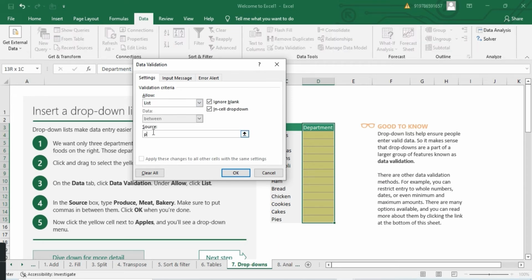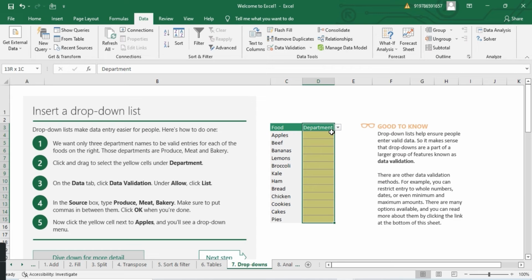Produce, comma, meat, comma, bakery. Click OK. So the drop down is created. This is a drop down arrow mark, you can click here. So what is the apple? Apple is a produce, beef is a meat, bananas is a produce, lemons is a produce, broccoli is also produce,